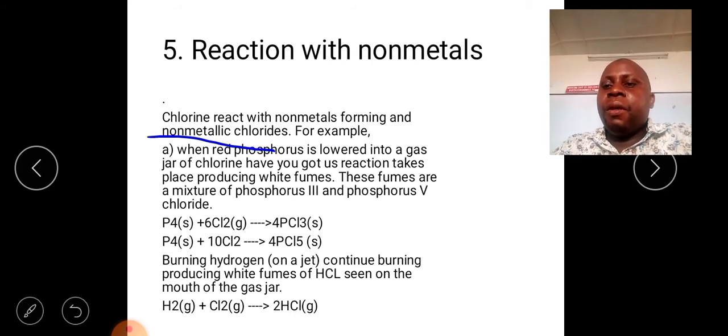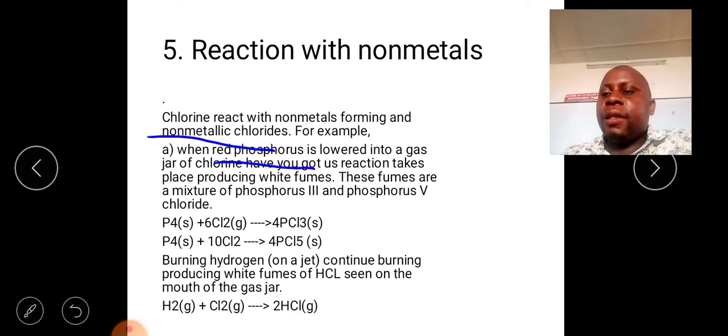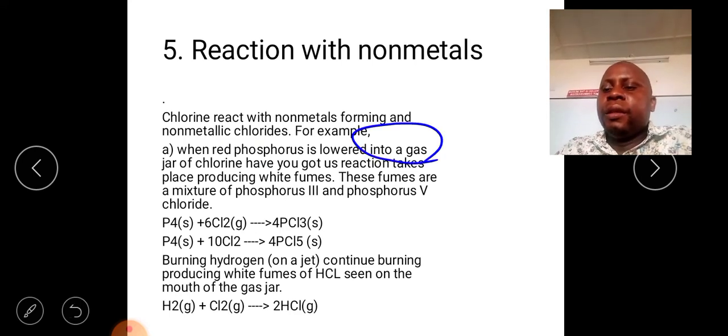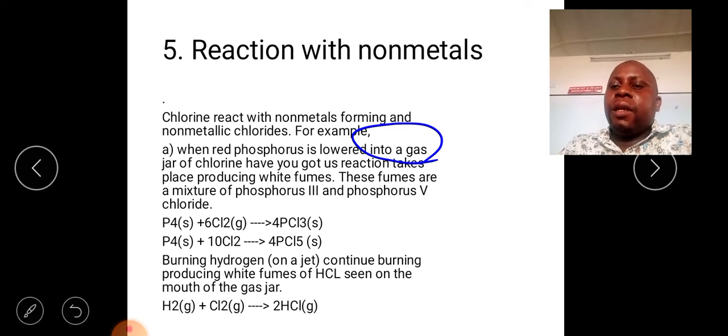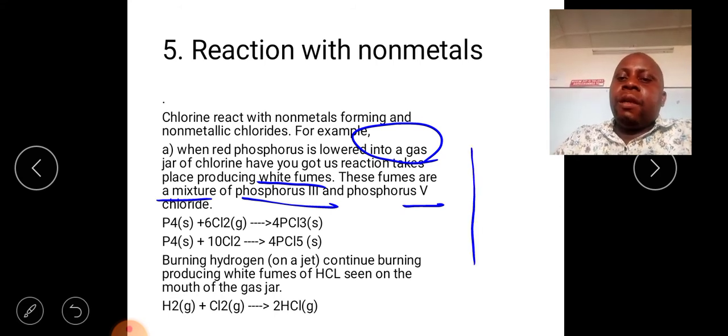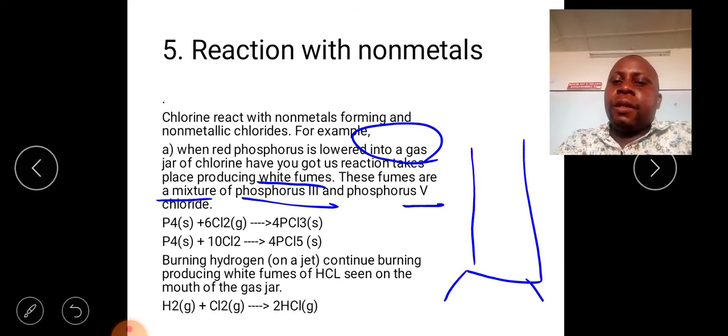For example, when red phosphorus is lowered into a gas jar containing chlorine, the reaction occurs, hence producing white fumes. And these fumes are a mixture of phosphorus 3 chloride and phosphorus 5 chloride. So when you have a gas jar which contains chlorine,